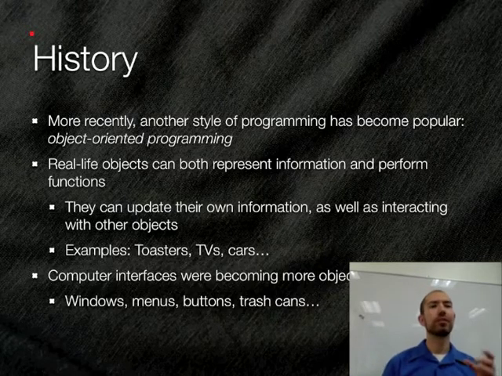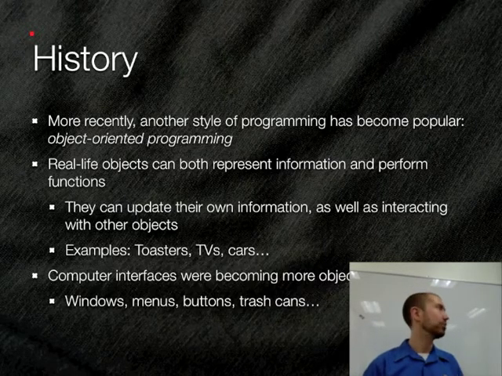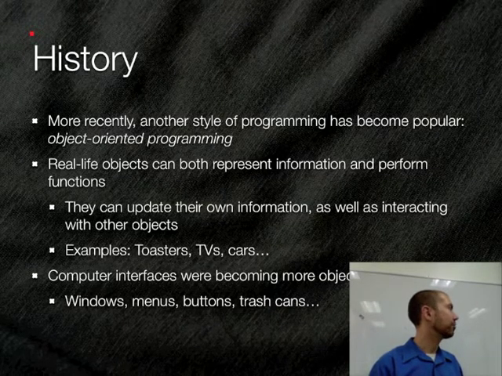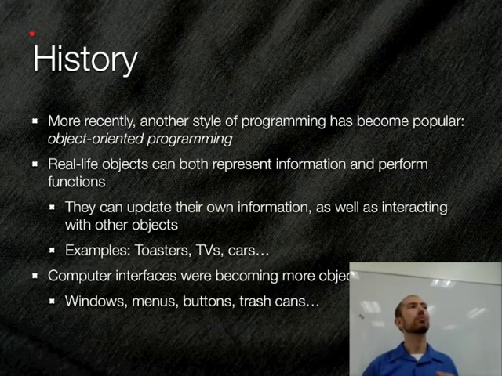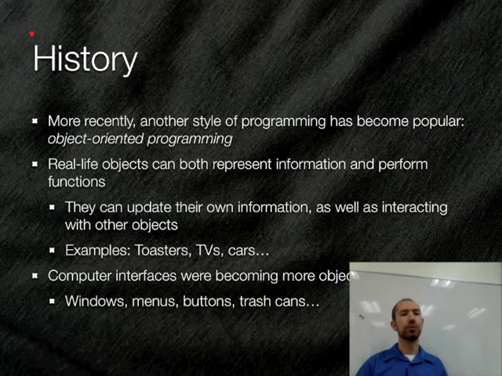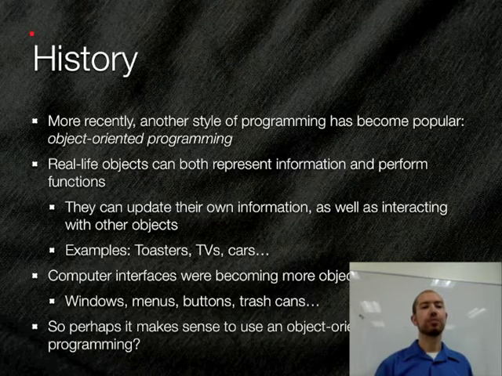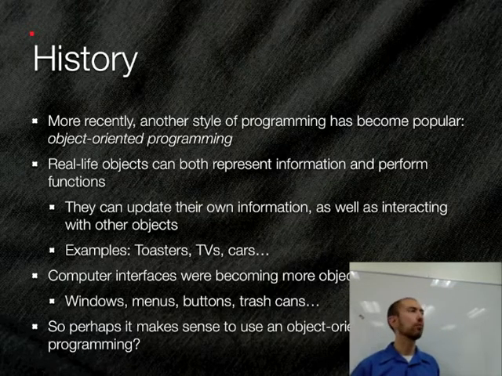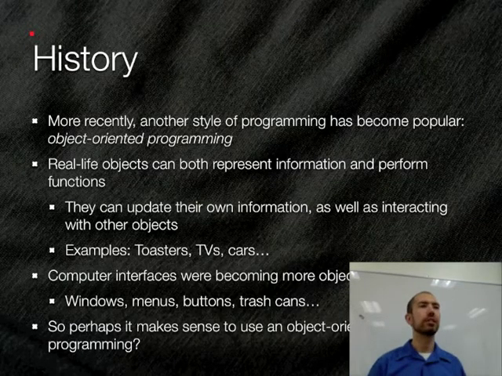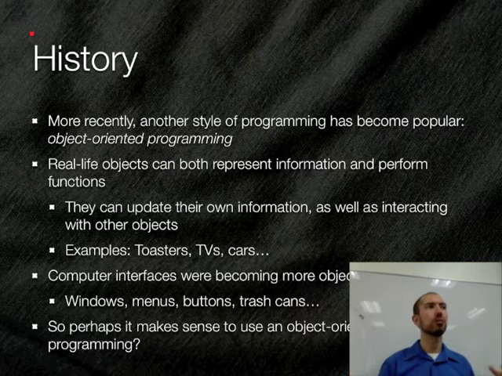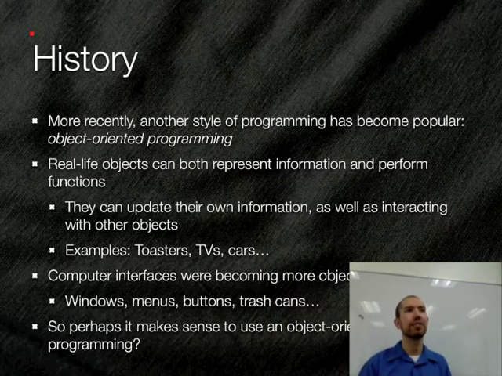And a window on the computer screen looks kind of like a real-life object, right? And it's got things like buttons on it. You've got things like menus and trash cans and so forth, and you interact with those like you do with real-world objects, right? So the idea is perhaps it makes sense to try to think of a way to program computers that don't separate the functions from the information, that talk about the functions and the information bundled together into